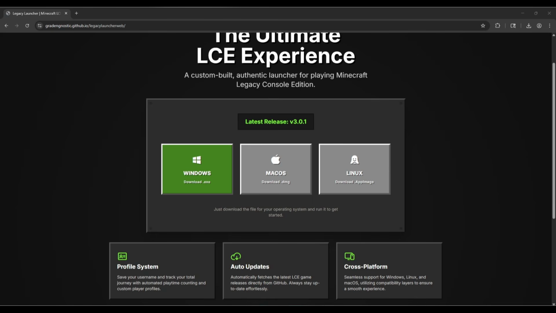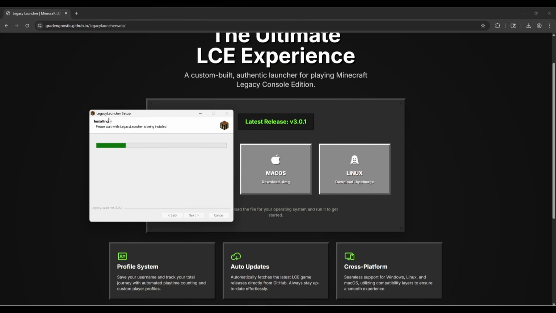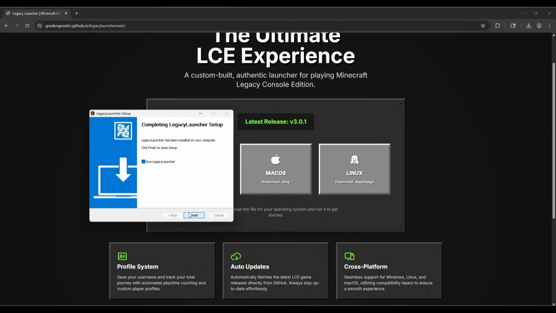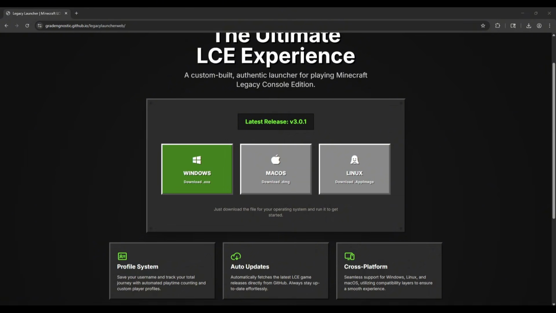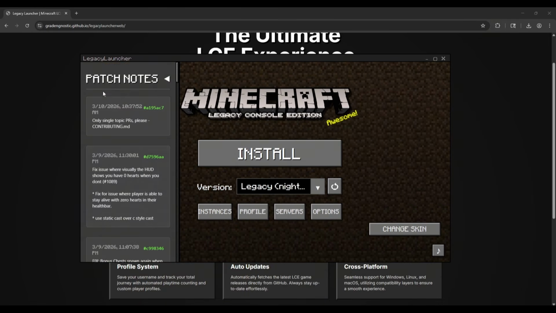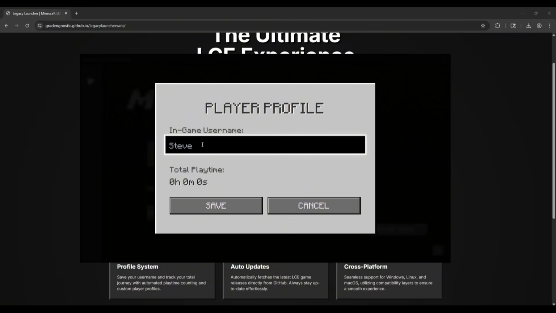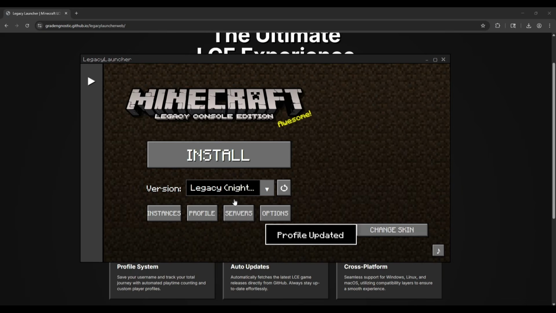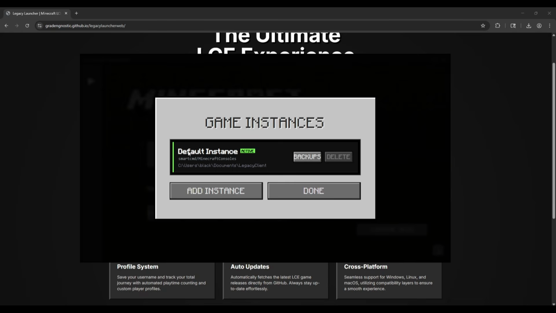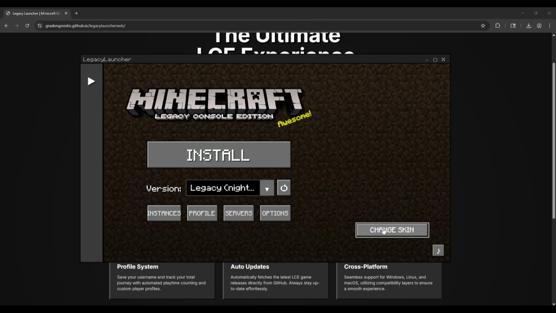I'm going to do this over here on the side where I am just selecting where I want to download it, which users I want to download it for, and it'll say it's installing, and then just run it. So I'm going to go ahead and run this. So this is what it's going to look like. It's going to be all these patch notes. It's just going to say which version you would like. You can change your username, so I'm going to put Xbox Coder. Instances. You can change your skin,